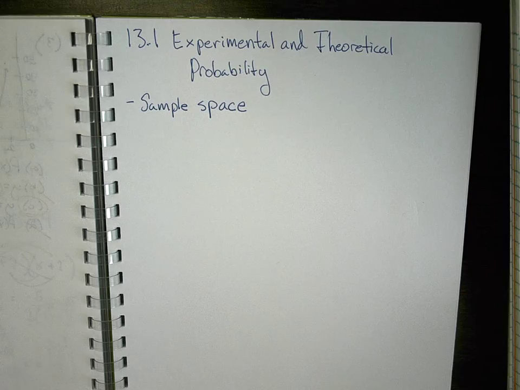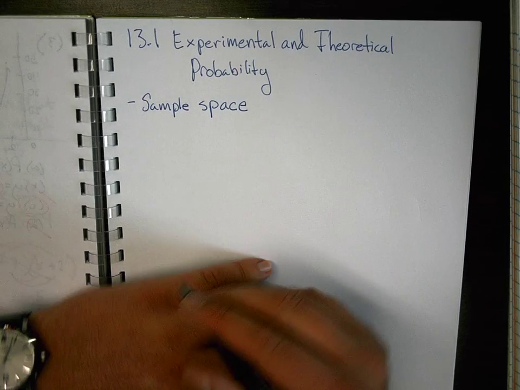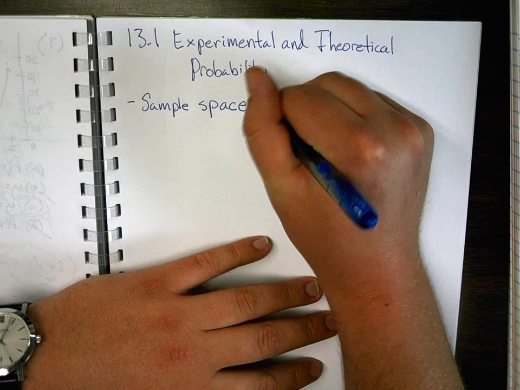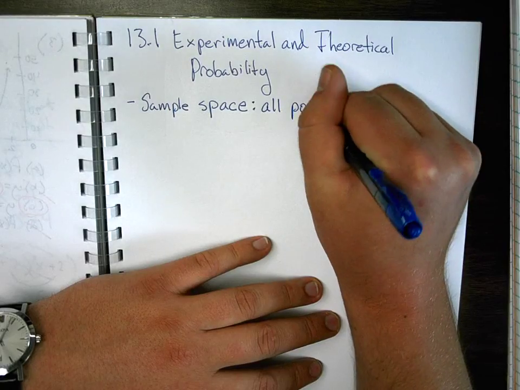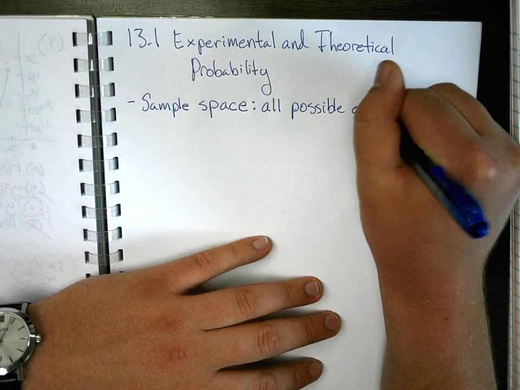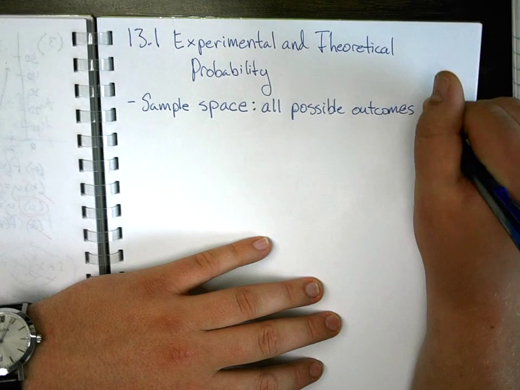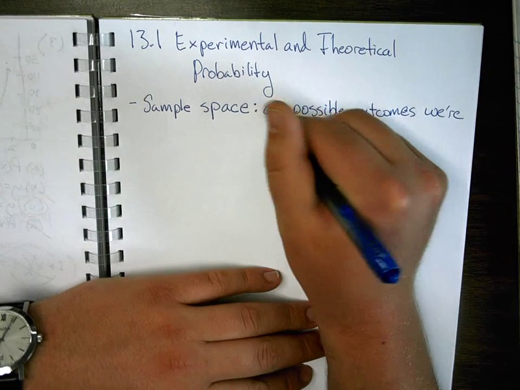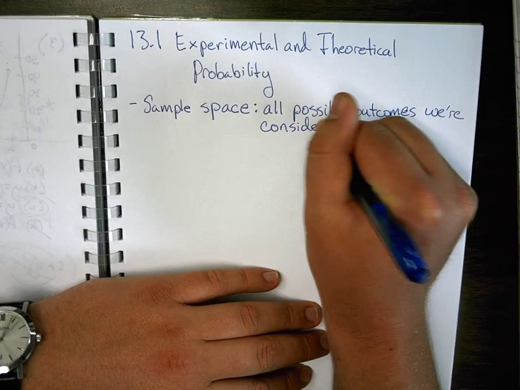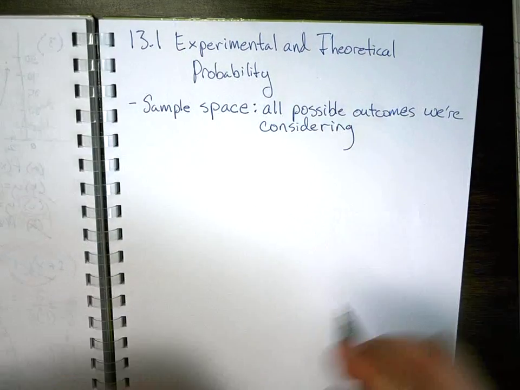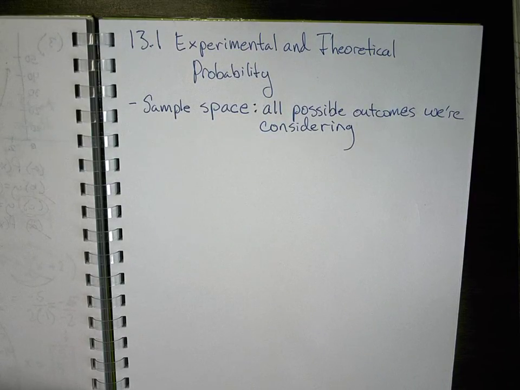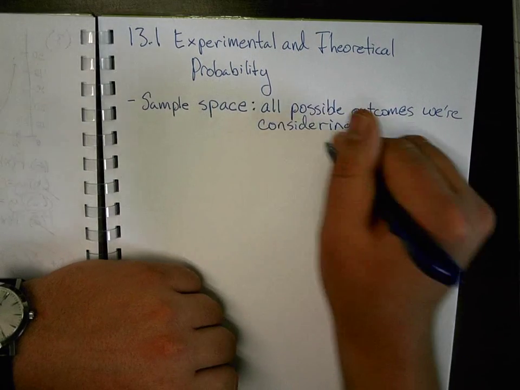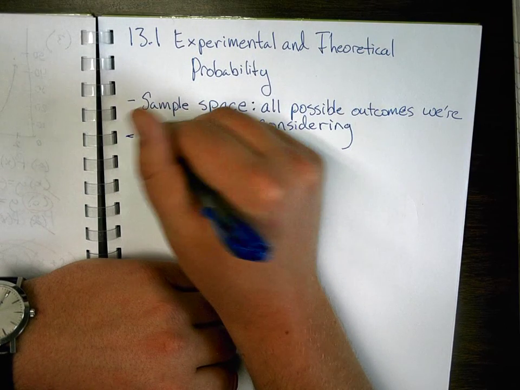So you'll need to be familiar with some vocabulary. One of those is sample space. And this is just all possible outcomes we're considering. I'll give an illustration of all these right after we write down these definitions, but it's good because a lot of these questions on the test and on homework will use terms like sample space or outcome or event, and you'll want to know what they mean so you know what they're asking. All right, an outcome